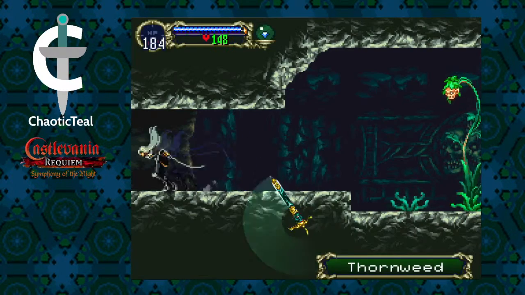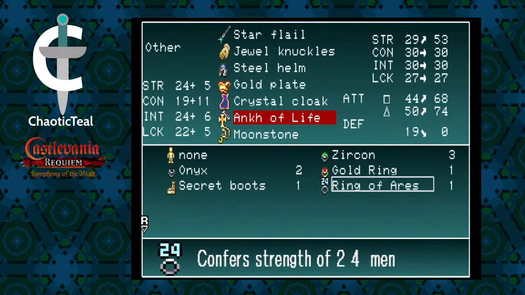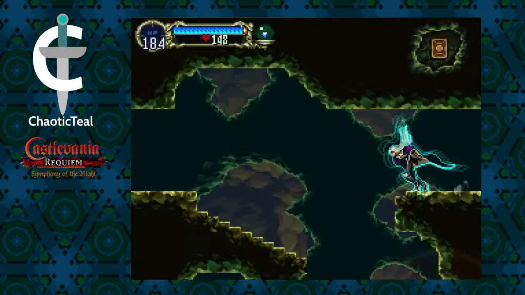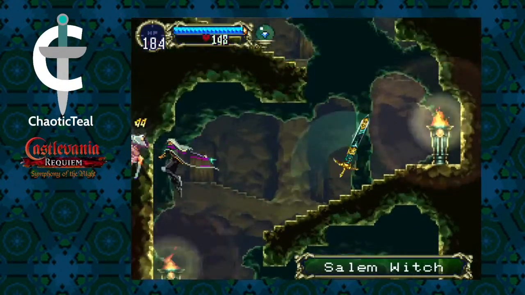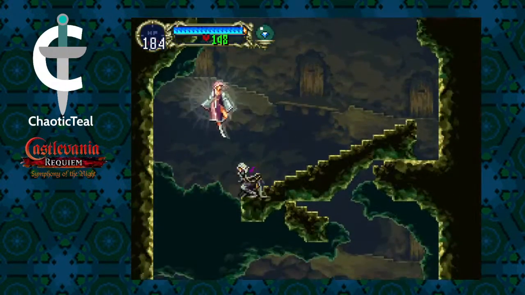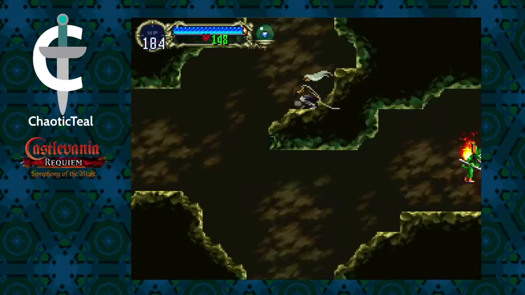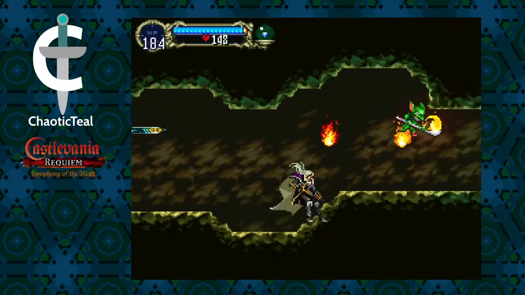I don't need to equip anything. Oh, I did want to look at the Ring of Aries, actually. The Ring of Aries is a little odd. It bumps up your strength by 24, but drops your defense to 0. So, by definition, it's a glass cannon kind of item. I could see it being extremely useful, though. And you could see, at our level...